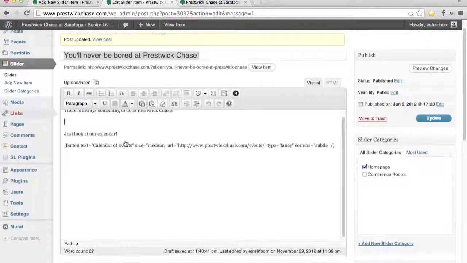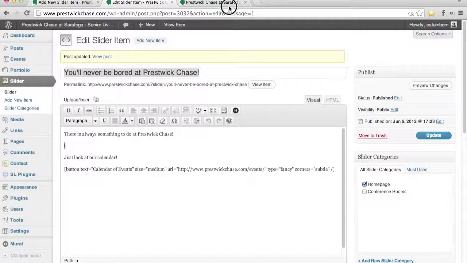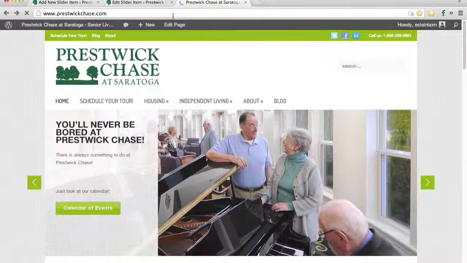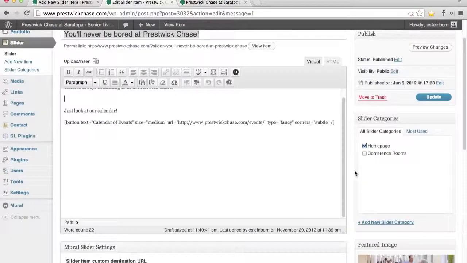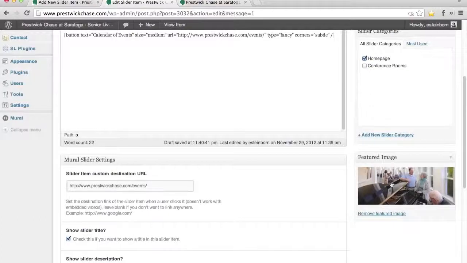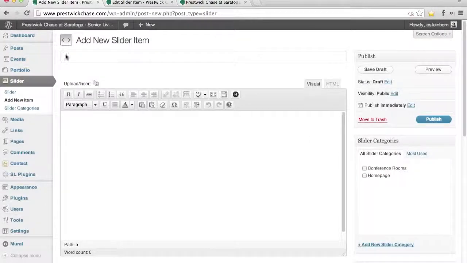Now, you'll see there isn't an image inside of here, but there is an image on the slider item. Here's the image. That image is actually done through the featured image piece. So again, you would just click on the add featured image on a new page. So if we go to the new one, we'll type in the slider item. It will be test slider item